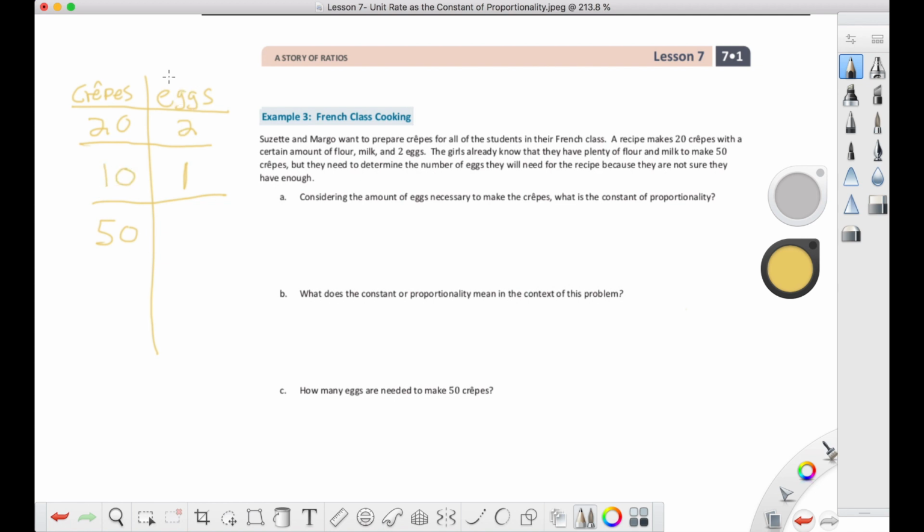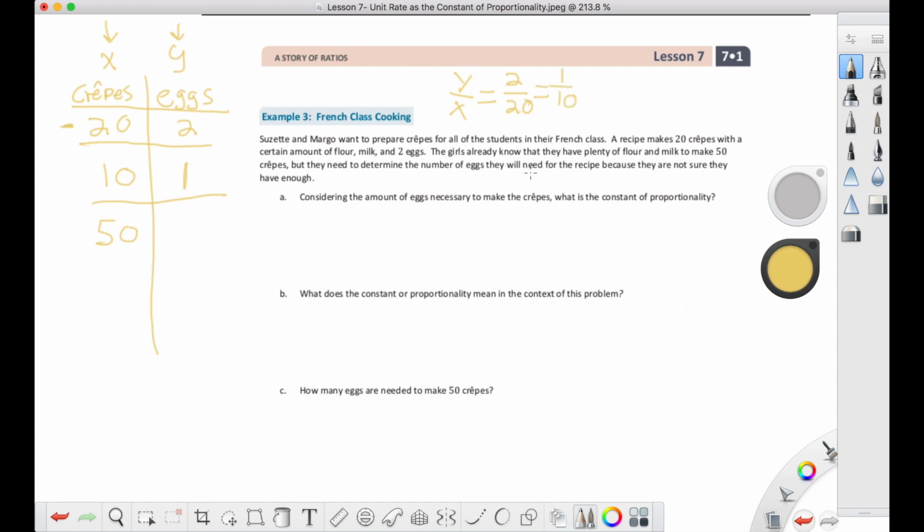So just like we did in the other problem, right? This is like our x and this is our y. We can find our constant of proportionality by putting y over x. So if we do that here, y is equal to 2 over 20. I'm just copying the numbers from here, right? This is our x column. This is our y column. So if we put y over x, we get 2 over 20, which is